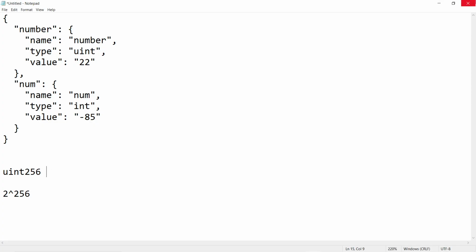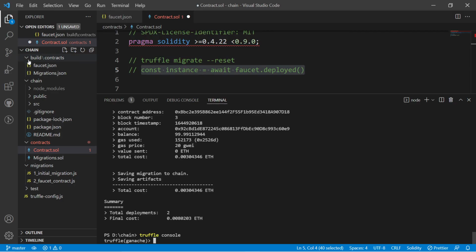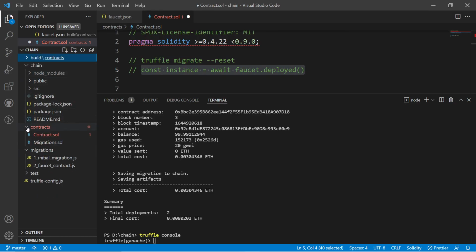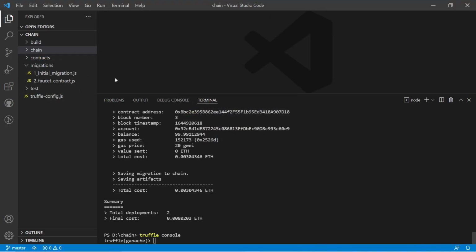Okay, so that's all. I think you are understanding how to use this in your project to implement the blockchain environment. Let me save this.